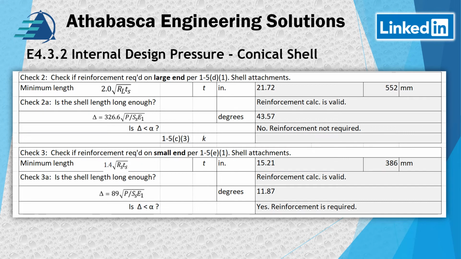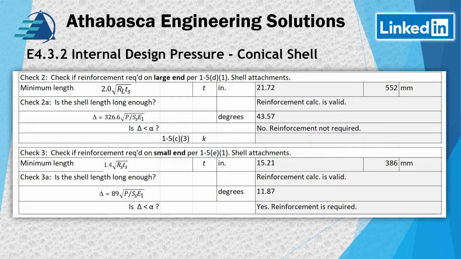Next thing we do, the second check, is we check for reinforcement. This is in addition to the example, by the way. We just do a quick check to see whether reinforcement is required. First thing we do is check the minimum length, because the shell on the large end and the small end have to be long enough, and we use that equation. It's just slightly different for the larger one. The larger one requires more straight length of the shell. We had 36 inches and we're at 21, so we have enough length there